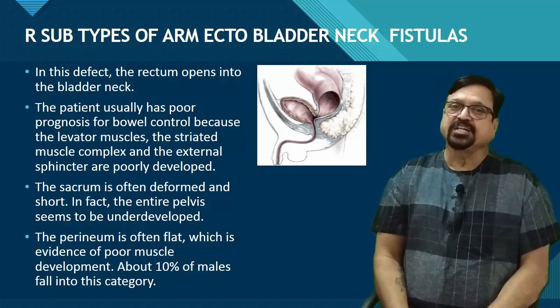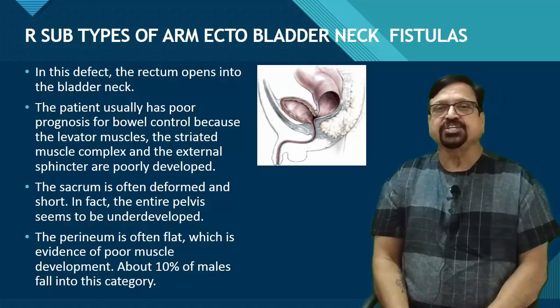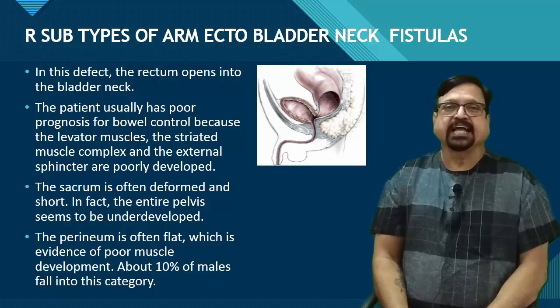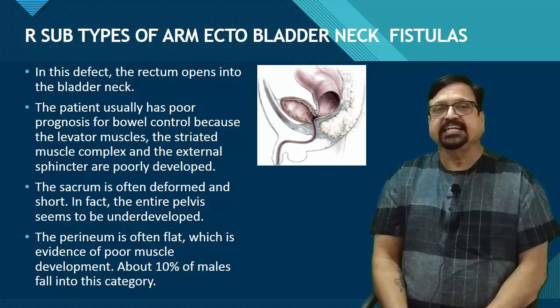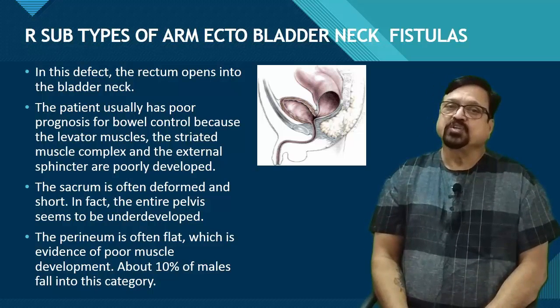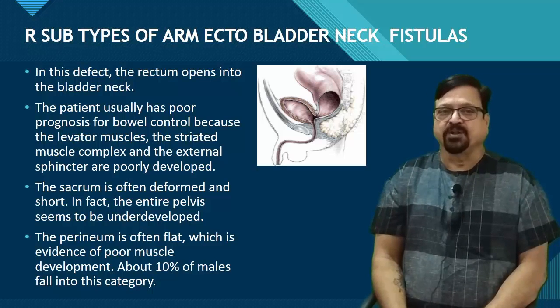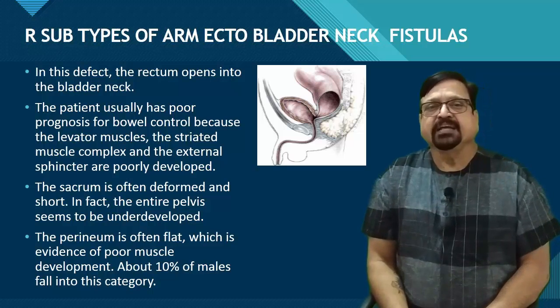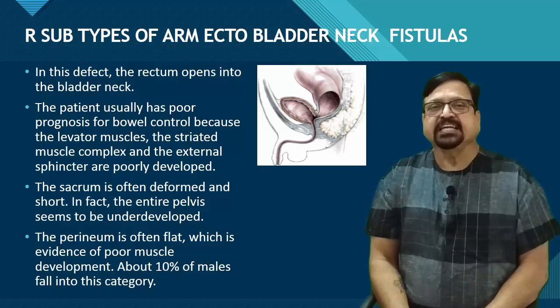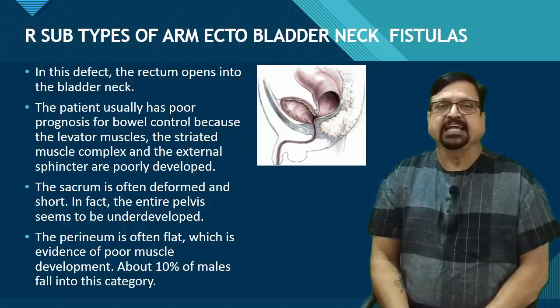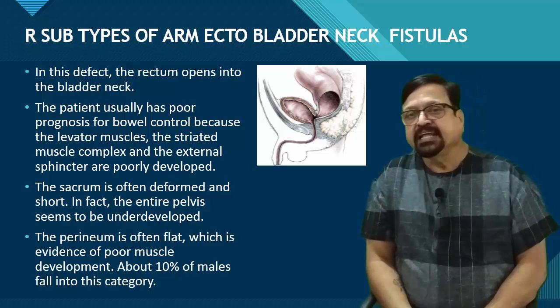The striated muscle complex and the external sphincters are commonly underdeveloped. The sacrum is often deformed and it is short. In fact, the entire pelvis seems to be underdeveloped. So because of underdevelopment, the sacrum also looks deformed and small. The perineum is often flat, which is evidence of poor muscle development, and about 10% of the male patients fall into this